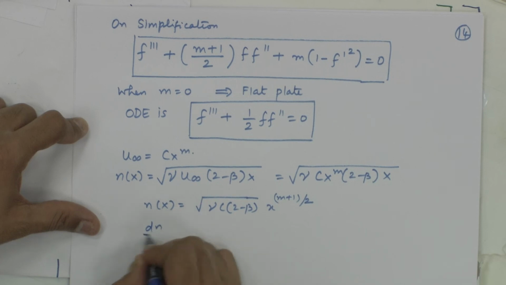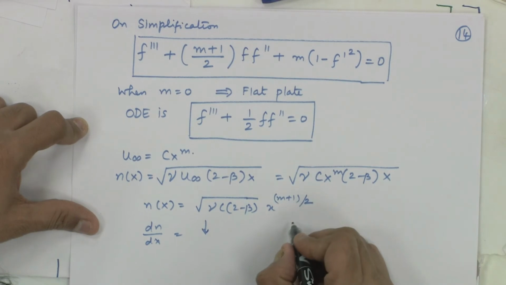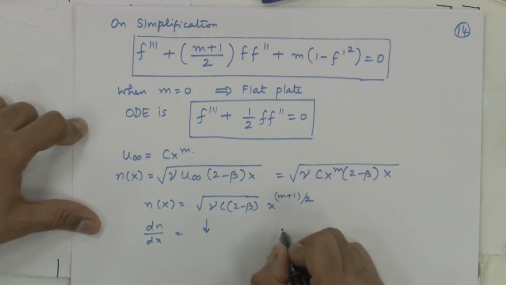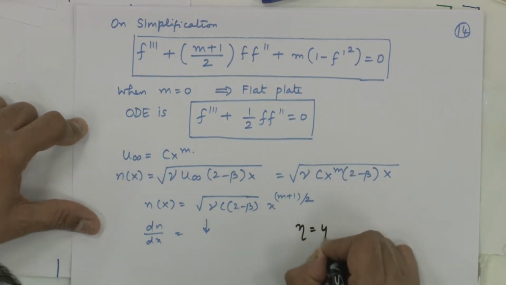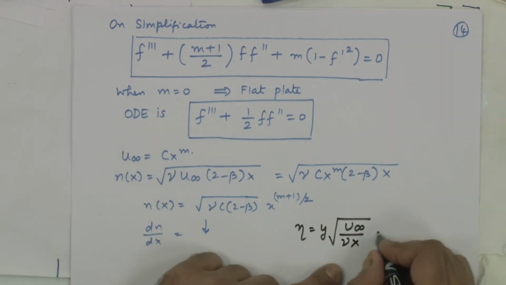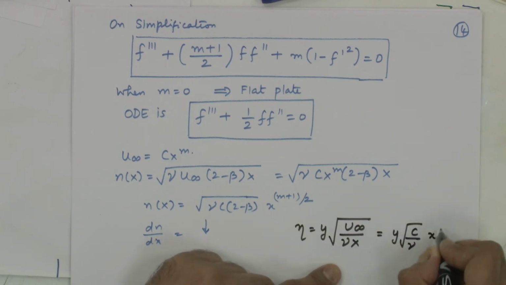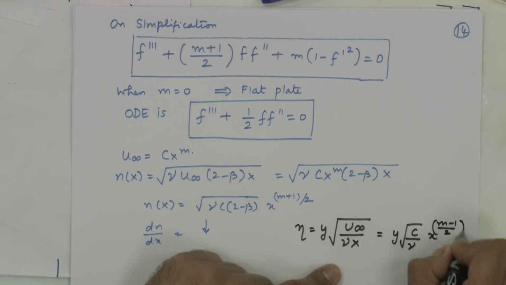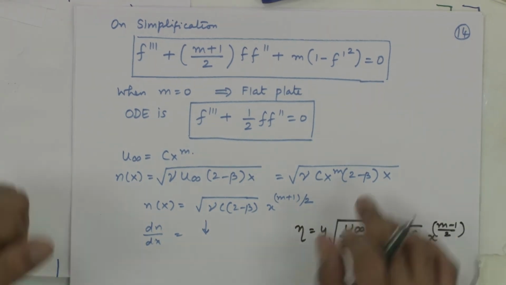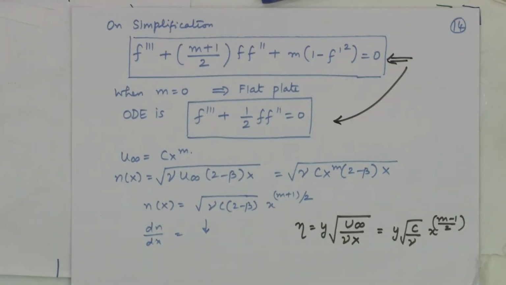We can write dn by dx from here, and then we can say eta is equal to y u infinity by nu x. This would come out to be y times the square root of C by nu, x to the power (m minus 1) by 2. So, these manipulations and then the solution of this ordinary differential equation for flat plate, we will show this and then go to the